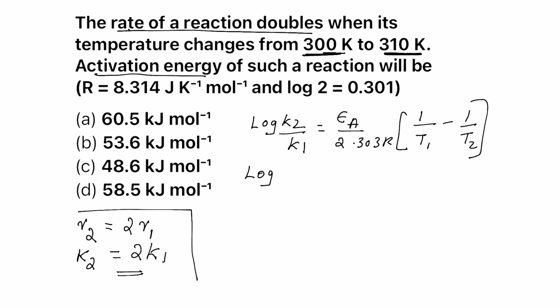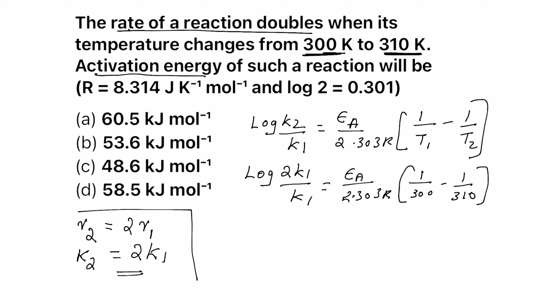Log, instead of k2 you can write 2k1 by k1 is equal to Ea by 2.303 R into 1 by 300 minus 1 by 310. See, temperature must be in the Kelvin scale. Sometimes in the question they give it in Celsius. Okay, convert to the Kelvin scale. Otherwise your answer will be wrong. So k1 cancels. Log 2 is what? 0.3010, right? Is equal to Ea by